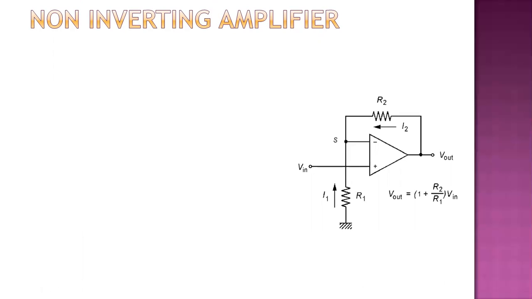This equation shows that the amplifier has a gain that depends on the ratio of the feedback resistor R2 and the ground resistor R1. But this gain can never be used for voltage attenuation because the ratio is added to 1. The input is taken directly into the non-inverting input of the op-amp, and the input impedance is very high since it is effectively equal to the op-amp input impedance. The output impedance is very low.